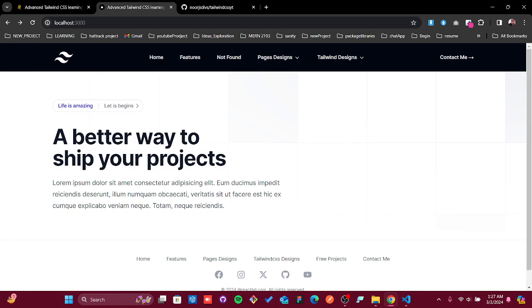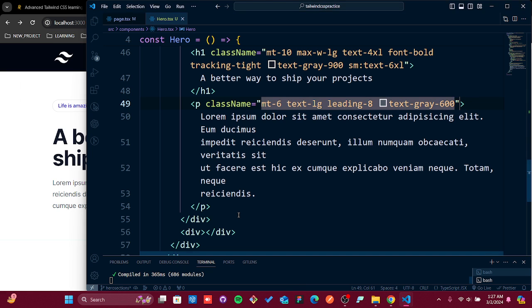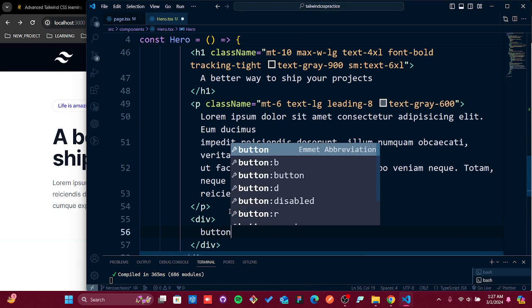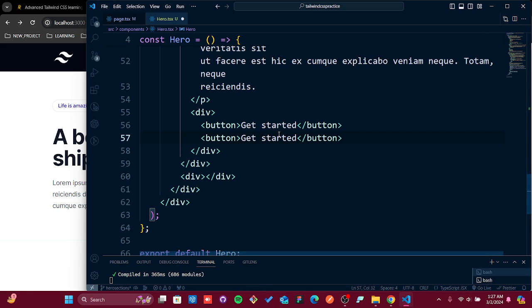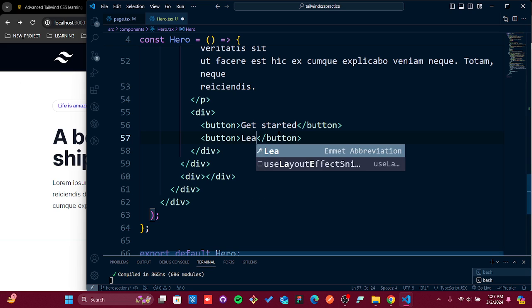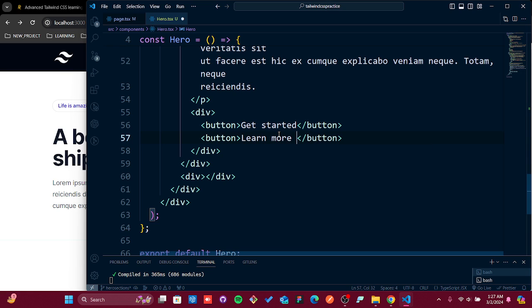So the text portion is done. Now it's time to create these two buttons. To get the buttons, after that particular p tag, I will take a div, and here I will take one button which is going to say "Get started", and I will just copy this button, and here I'm gonna pass the one which is going to say "Learn more", and here also